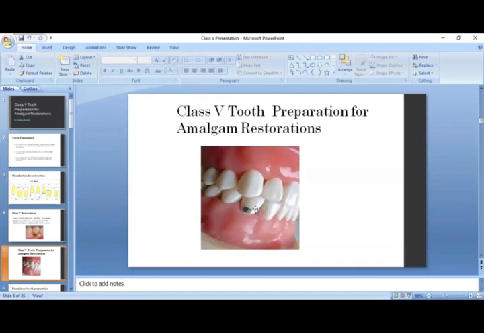If you remember the class 3 lesion, the class 3 lesion should be somehow in that area. You can easily see the movement of the cursor. And if it is class 4, it must involve that area, right? So it is class 3, it is class 4, and if the carious region is present on that side, it is class 5, right?